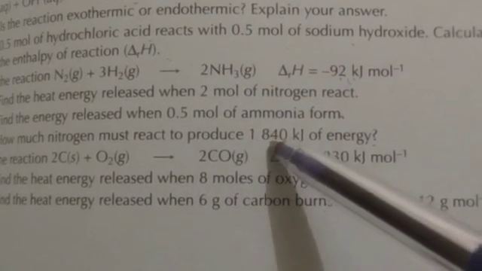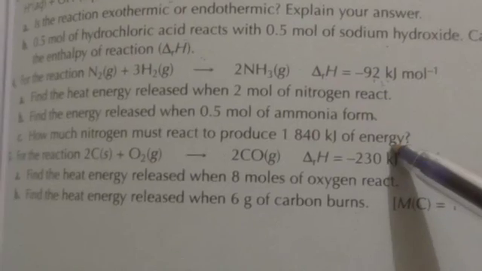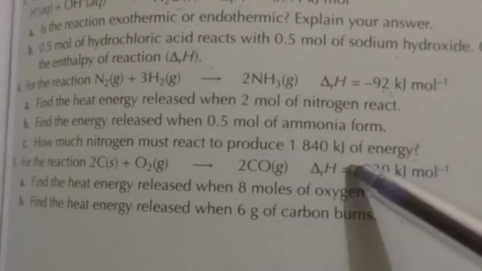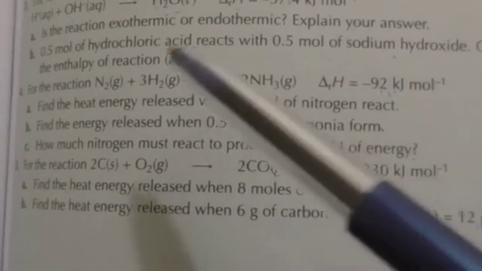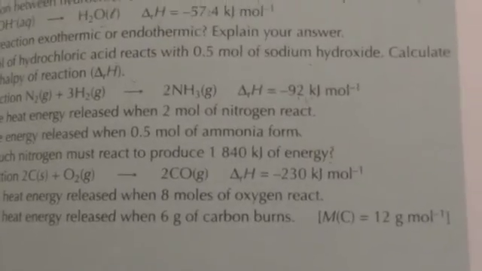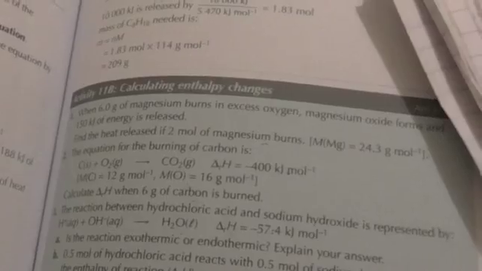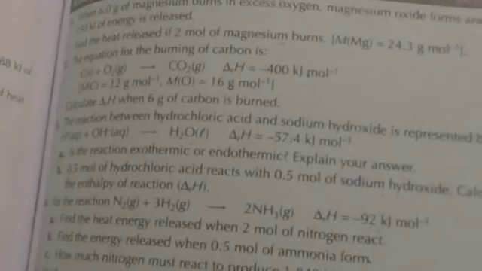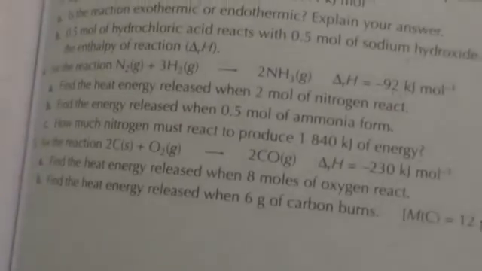I want 1,840 kilojoules of energy to be released. So let's work through these 3. Alright, the first one is pretty straightforward. So question 4, I'm just going to copy the equation so that I have it in my working here. We have nitrogen